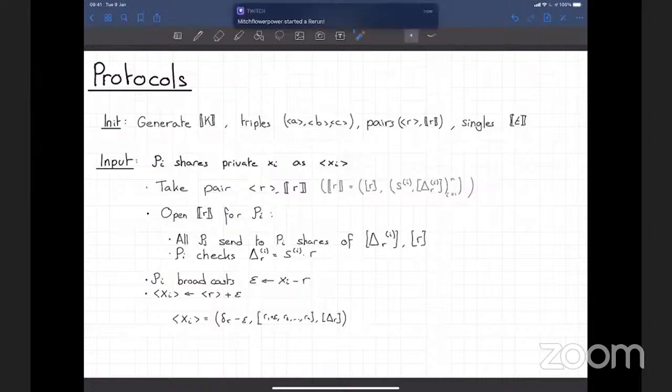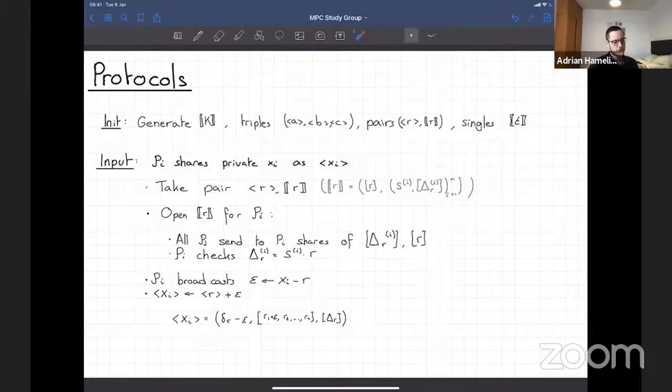The strong version would be that we can carry on without this abort. You can start again without the guy. Yeah. So I think that would involve quite a bit more. You couldn't do it as is.